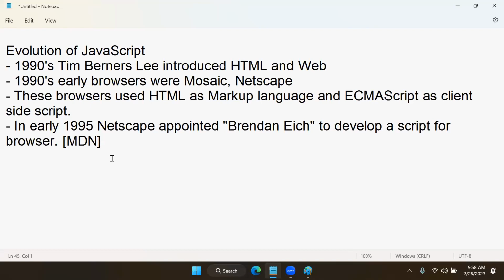So if you want correct information on JavaScript, you have to follow two references: ECMA International, and another one is MDN. These two are the official people for JavaScript. Actually, Brendan Eich developed a script for browser, but when he developed it,